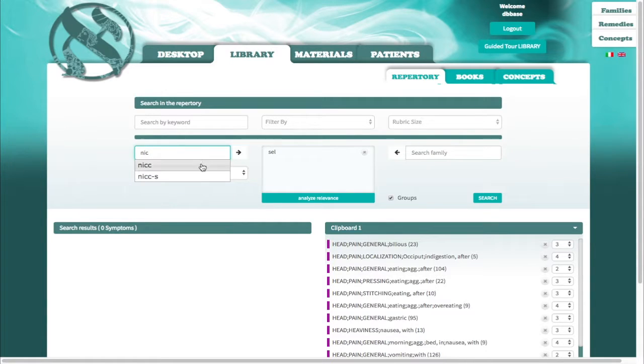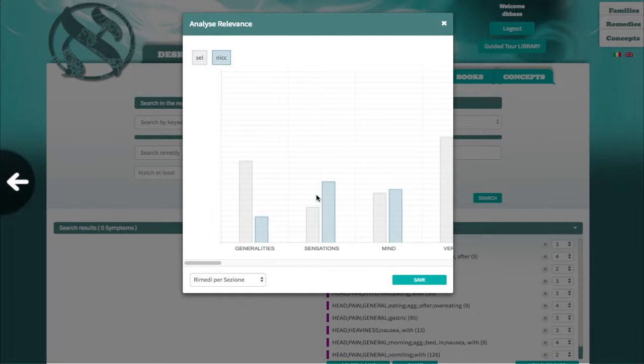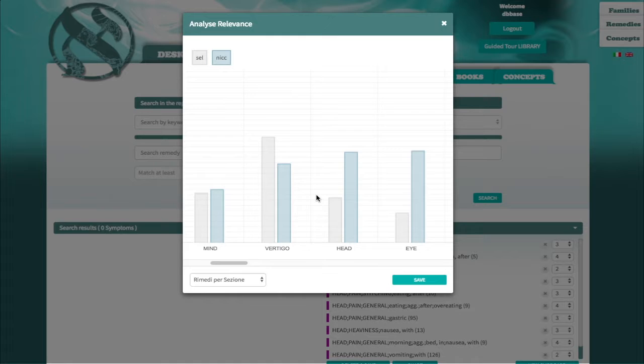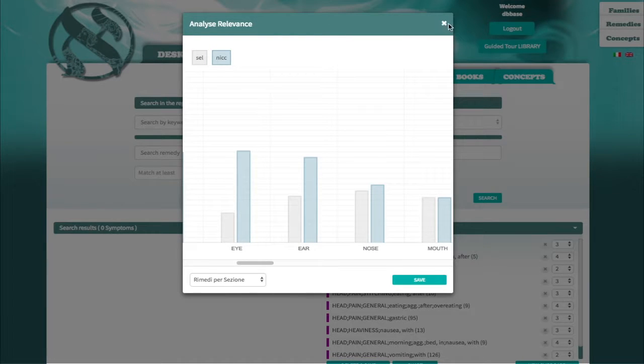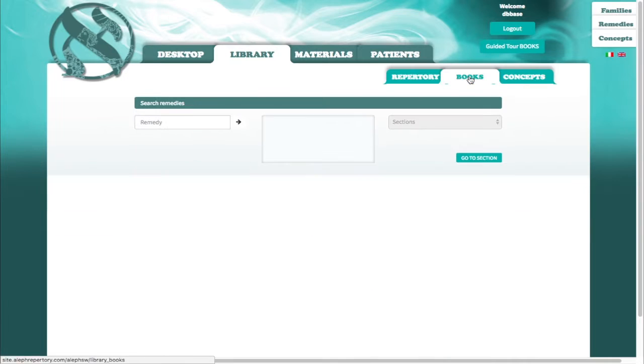Furthermore, the repertory gives you the opportunity to study and compare 2 or more remedies, and to view and compare different families of remedies. For further details, please watch the specific video tutorial. The books subsection enables you to use Aleph to improve your knowledge of each individual remedy. By choosing one among the 1,000 remedies held in the database, like for example the Taxus remedy, you will be